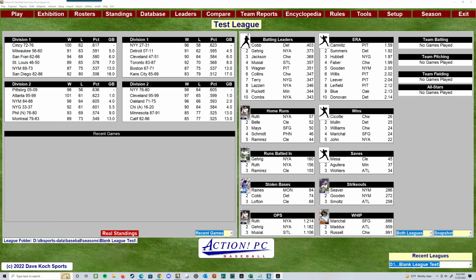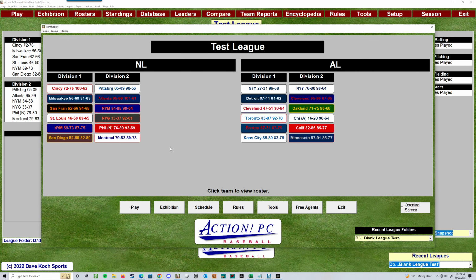So I've got these 24 teams that I've imported, 12 teams over here from my NL file, and I just picked some teams at random and tried to vary it a little bit. And then over here I've got the AL. And what's interesting is